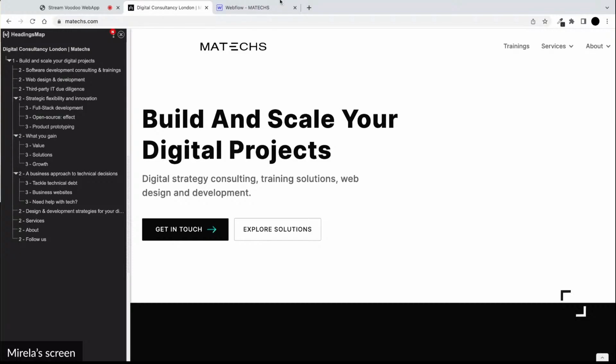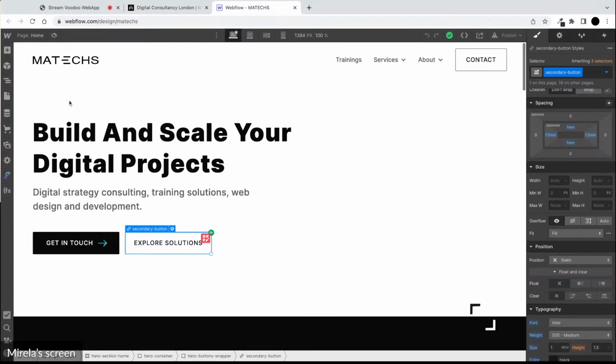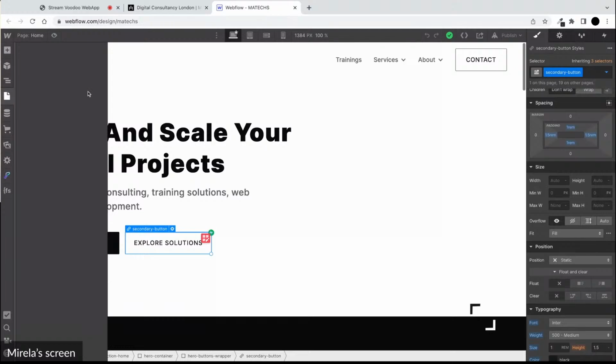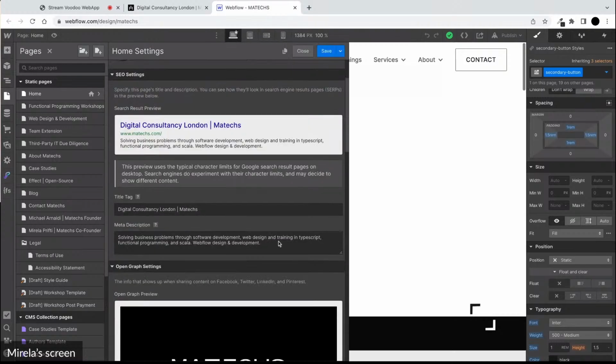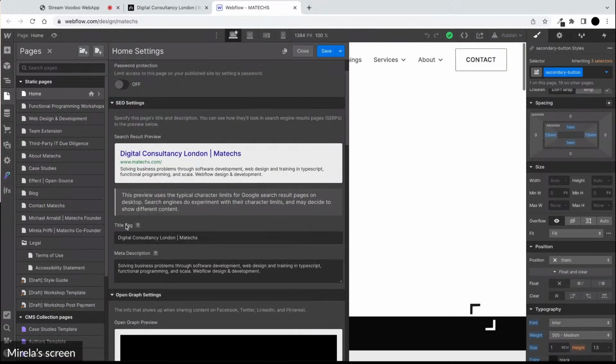When we are in Webflow, we can set up the page title by going to that specific page. Okay, my computer is behaving a bit slow, but that's so much that it can handle. So basically, when we go to the page settings, in this case we are in the home, and we scroll down, we go to the title tab. This is where we add the page title of any web page within Webflow.